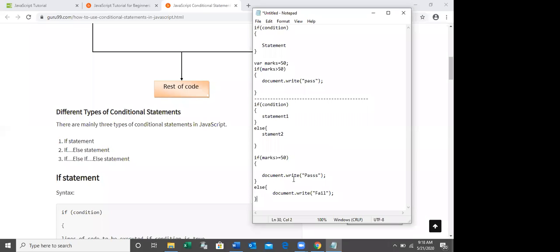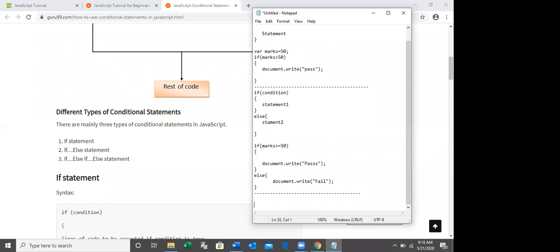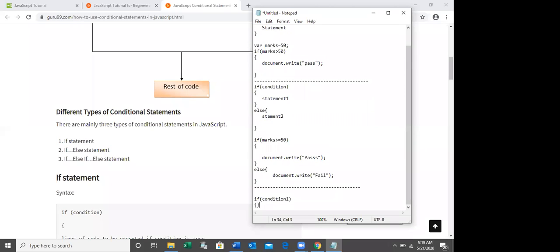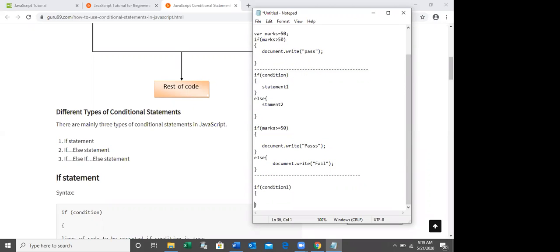If you want to check more than one condition, how can we do this? We can use the if-else statement for that also. If condition 1, then statement 1.